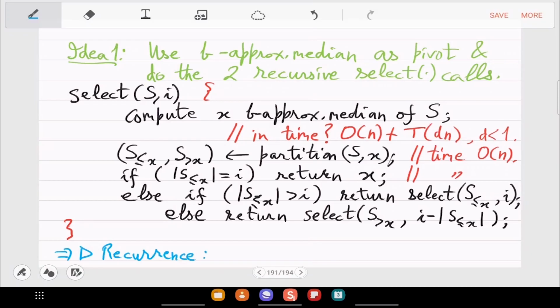So the recurrence is T(n) is less than equal to order n plus T(dn) plus T of, so T of what? What is happening here? There are two calls, but they will not be made together. Only one of them is made. Which one is the bigger call, the one that takes more time?